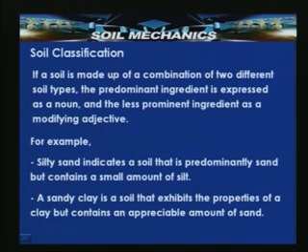So, if a soil is made up of a combination of two soil types, the predominant ingredient is expressed as a noun and the less prominent ingredient is expressed as an adjective. For example, let us consider a silty sand, silt and sand in different proportions. Silty sand indicates a soil that is predominantly sand, but contains a small amount of silt. That is the reason why we call it silty sand, where sand is the noun and silty is